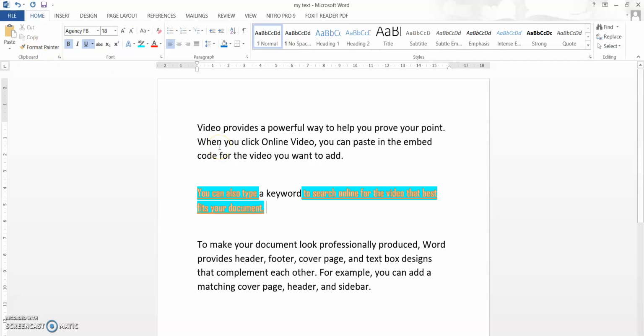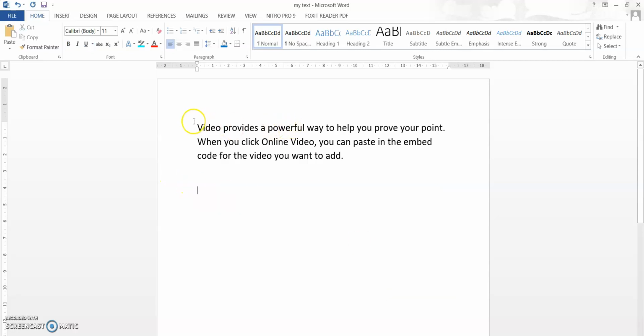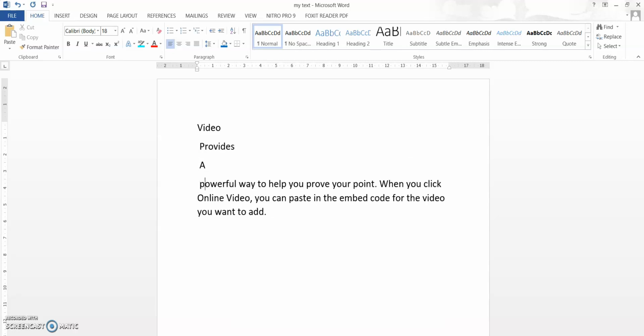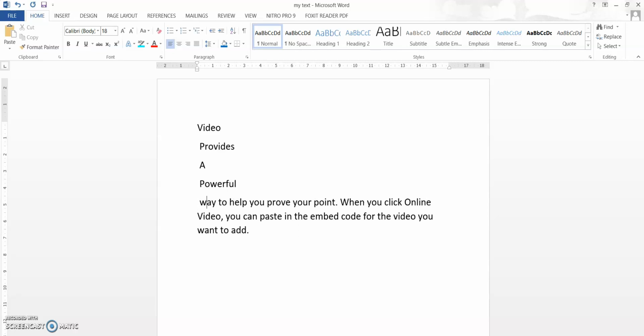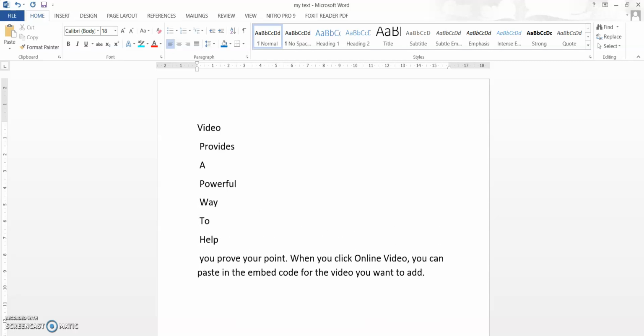Next I want to say that while copying, there is actually a buffer. Before, in earlier Windows versions, we could only copy and paste one item at a time, but in newer versions we can copy multiple words and paste them multiple times. Let me show you how it is done.